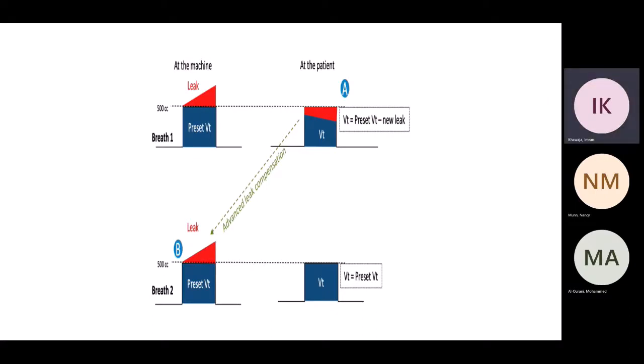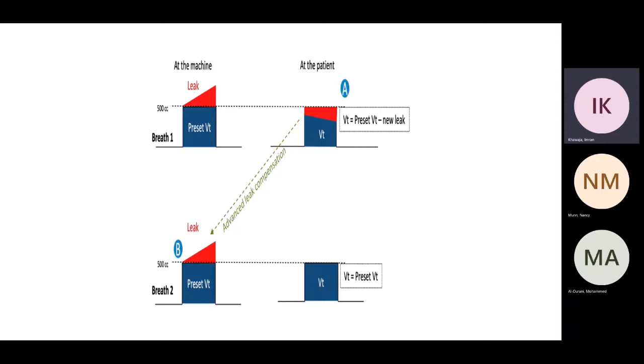So, for example, at the level of the patient, if I'm giving this patient a breath and there is a significant leak, maybe I dial in 500 in the machine, but the patient doesn't see it all because part of it will be escaping from the unintentional leak from the mask. Maybe the patient sees 350. So over a course of several breaths, the machine will adjust by increasing the pressure in order to account for the leak. So eventually the patient will get the desired